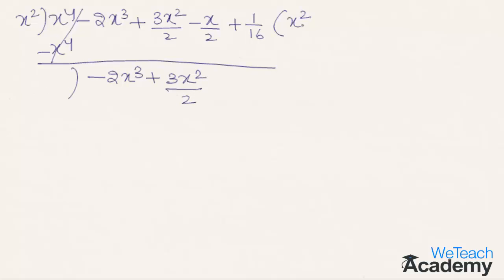So here we have the square root as x square, and double of x square would be 2x square, which would be the first term of the new divisor. So here, in order to find the second term of the new divisor, let us divide the first term of the new dividend with the first term of the new divisor. So we get here minus 2x cube divided by 2x square. So here 2 and 2 get cancelled, and by simplifying x cube divided by x square, here minus x remains, and this would be the second term of the new divisor.